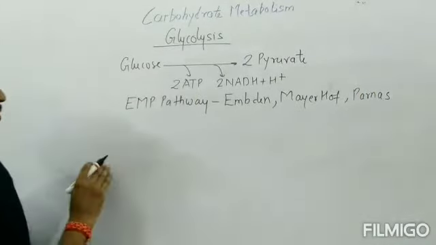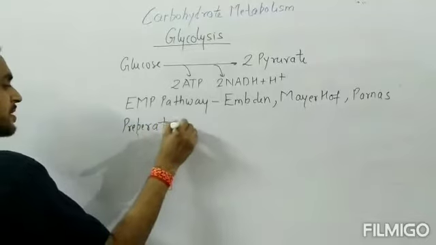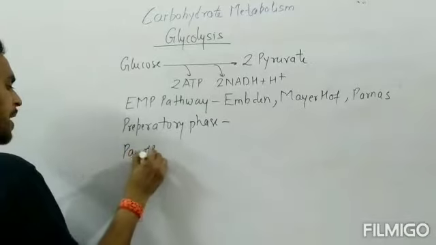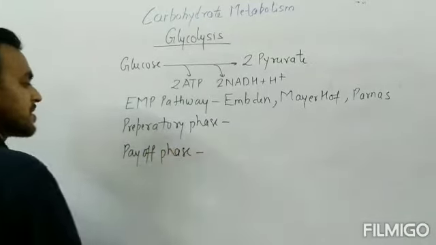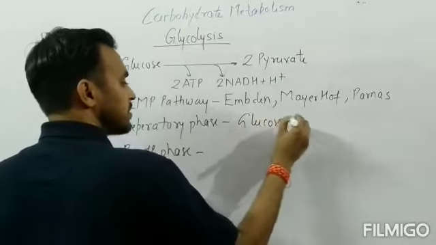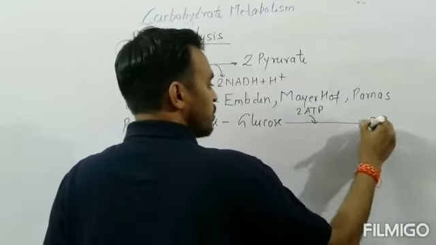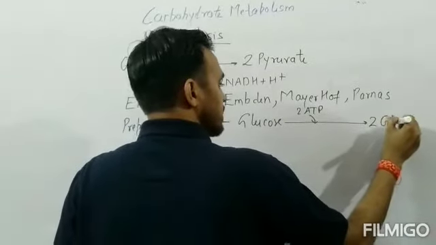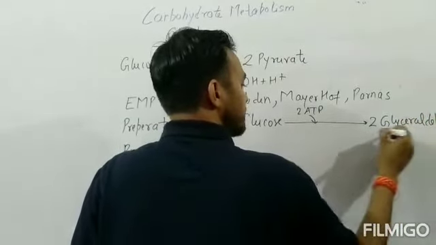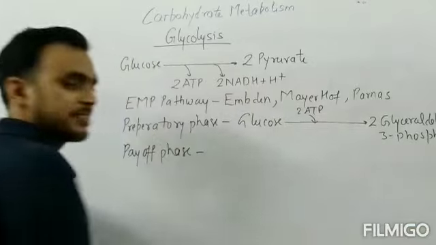It has two phases: the preparatory phase and the payoff phase. In the preparatory phase, the glucose molecule consumes two ATP molecules and forms two molecules of glyceraldehyde 3-phosphate,